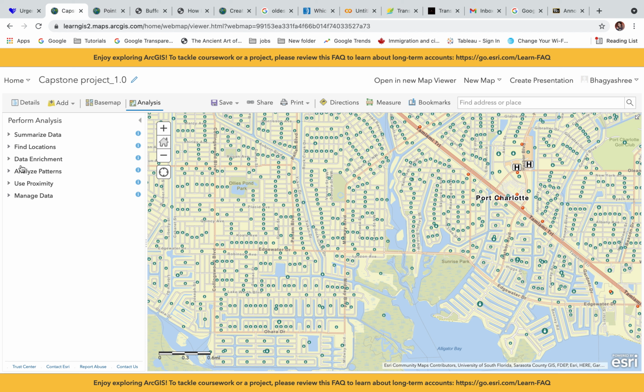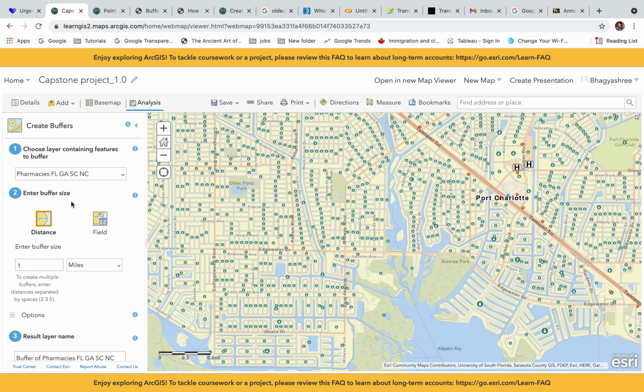Now I'm going to try to do the analysis, and here we are going to use the proximity analysis, because the rest of the analysis we are not concerned with yet. According to our project, we need the proximity. Inside that we want to create the buffers.